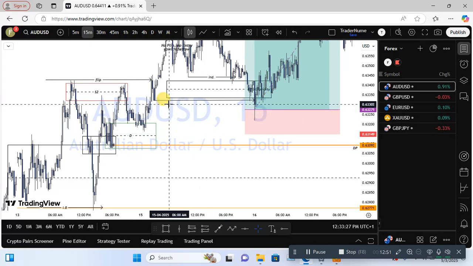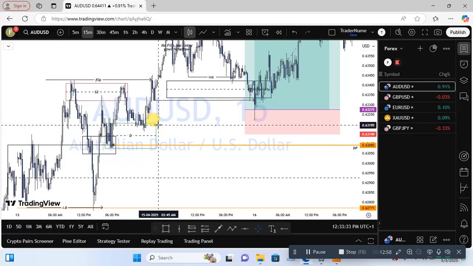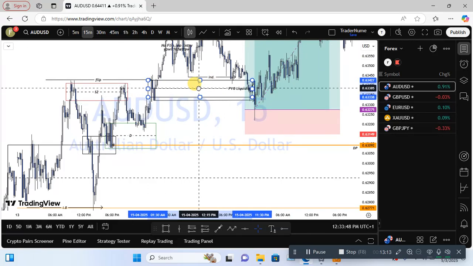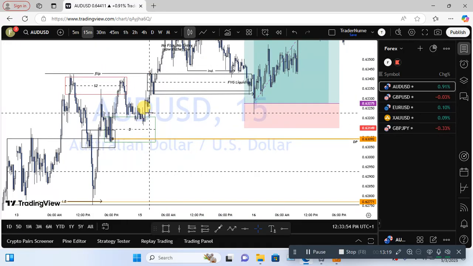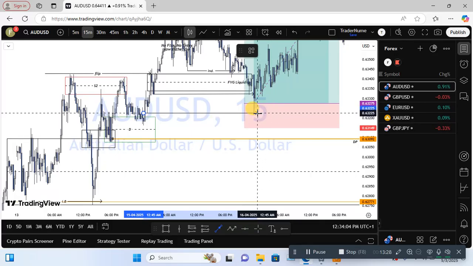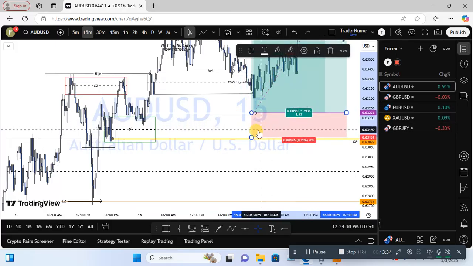So price gave a liquidity point, and even if you want to, okay, let's say we want to take our entry here, we could have missed it on the 15 minutes time frame, but if we want to take our entry, considering that there's a fair value gap here, there's a liquidity point here, we can just take this last point here as our entry point, this last liquidity, because if price just grabs that liquidity, price will start buying up. So we can still say, okay, on the 15 minutes we call here our entry, and